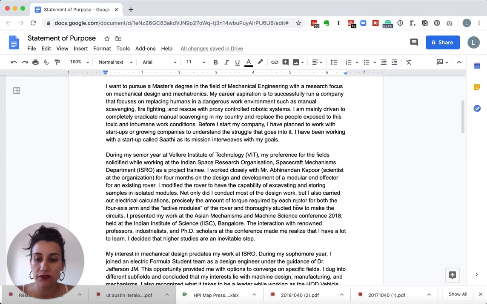So this is a totally fine intro paragraph. And what I would do to really enhance this intro paragraph is, to me, this is the most interesting part. That this person has a passion for wanting to create better environments for people to work in and not have people in dangerous working conditions. And so what I would do to elevate this paragraph is to actually start with a story about this. So they talk about scavenging or dangerous work environments. I would start this out with a story.